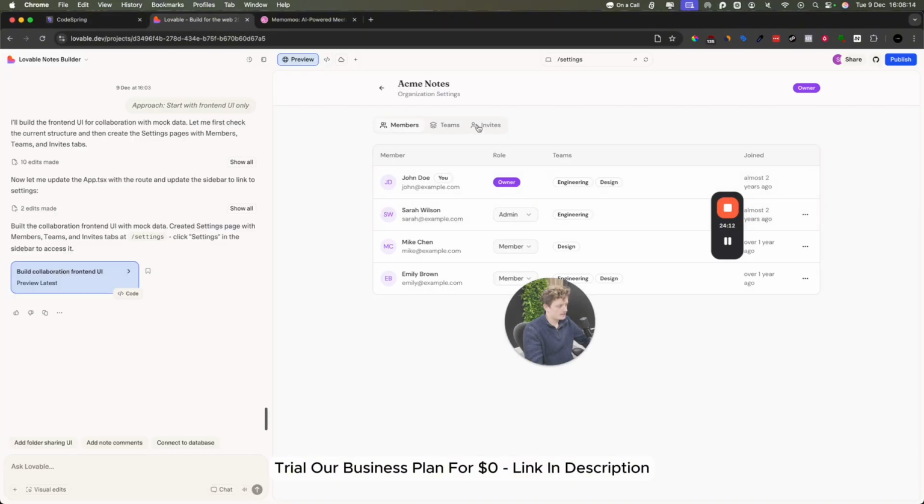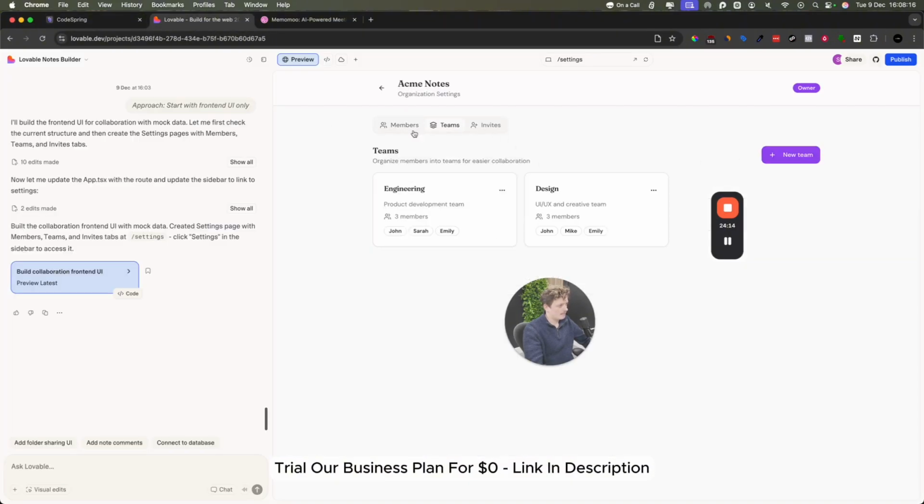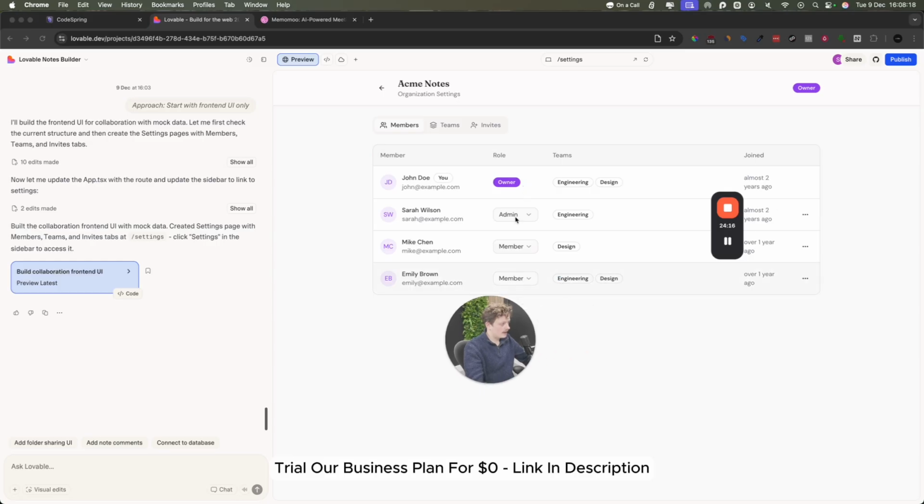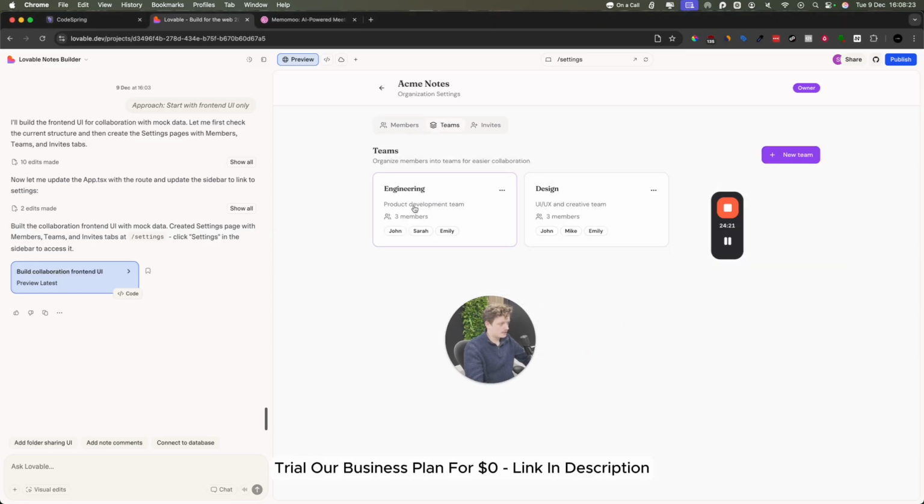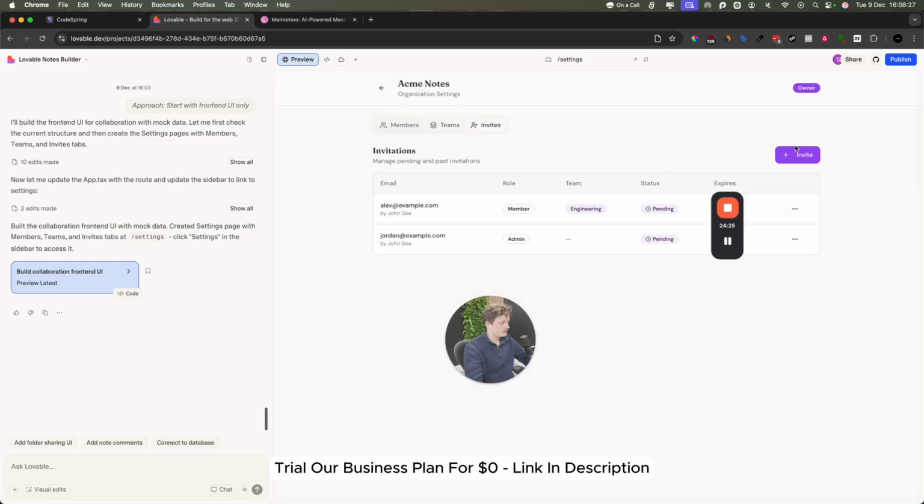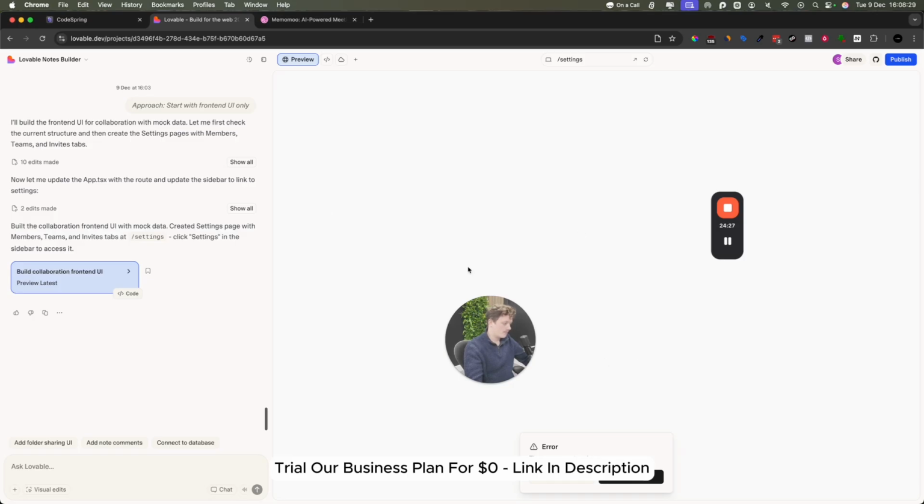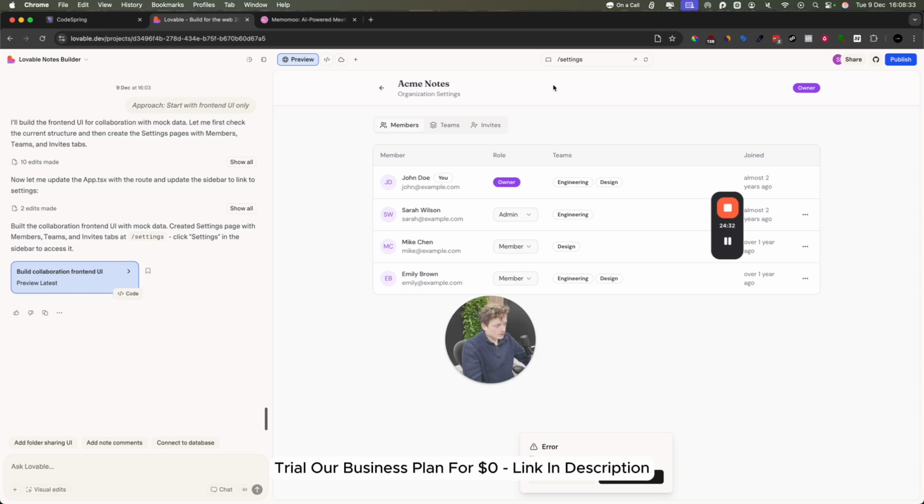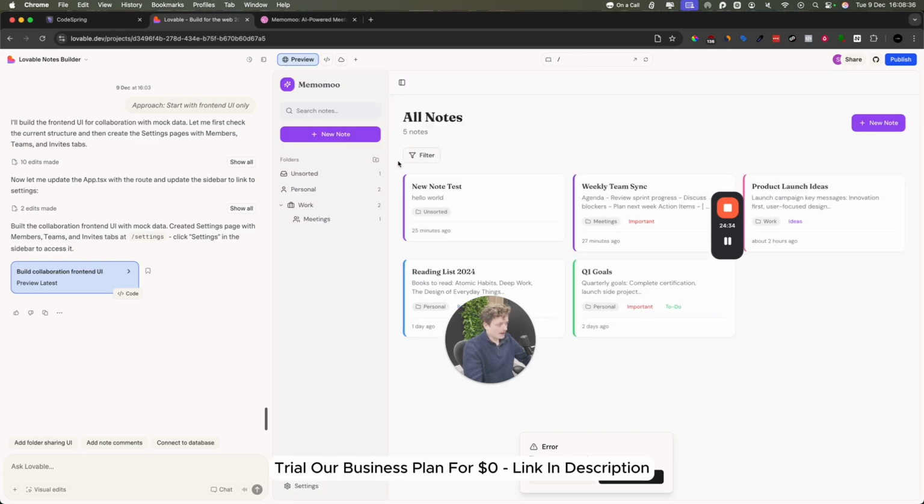So let's see what it's created. If we come to members, we have admin, owner, and member. So it's pulled in the correct information there. If we come into teams, we have the engineering team and design team. We can create a new team, and then we can go ahead and invite somebody. Obviously we haven't built the back end for that, so that's not going to work right now, but you get the idea. So you can really start to mock up some very cool ideas and features